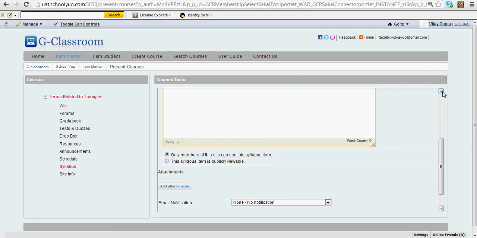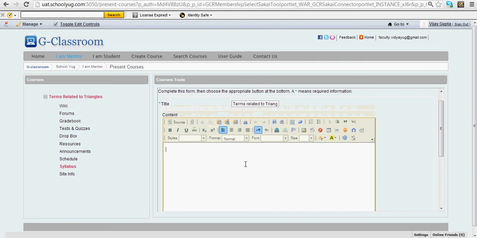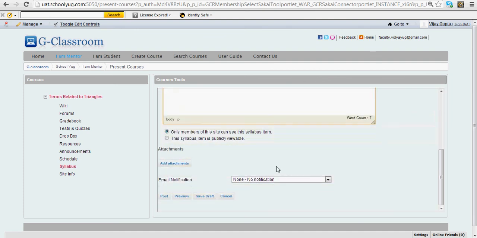Let us write the comment to the participants: syllabus list is added to the attachment. So we can list out the syllabus in this window, or we can attach the file over here.